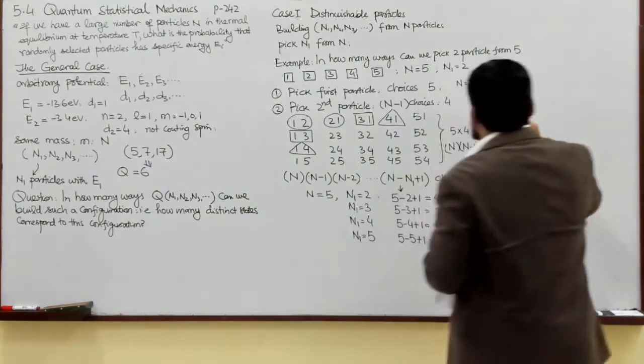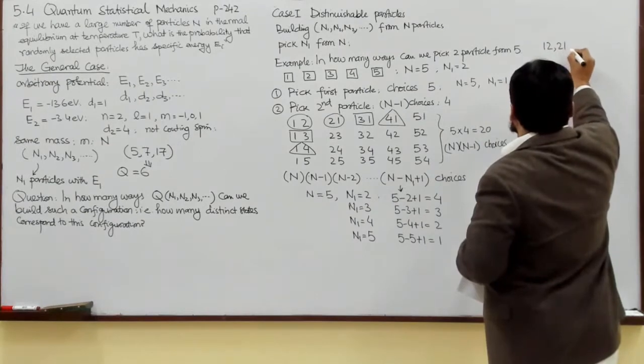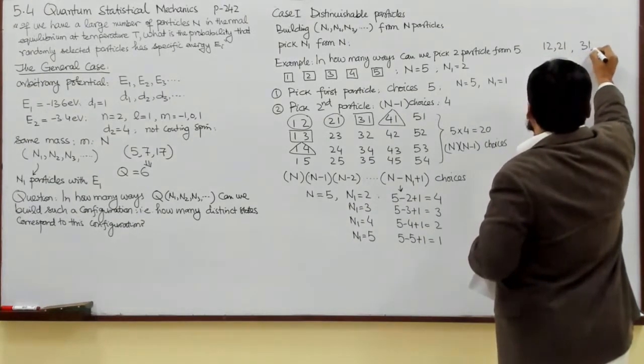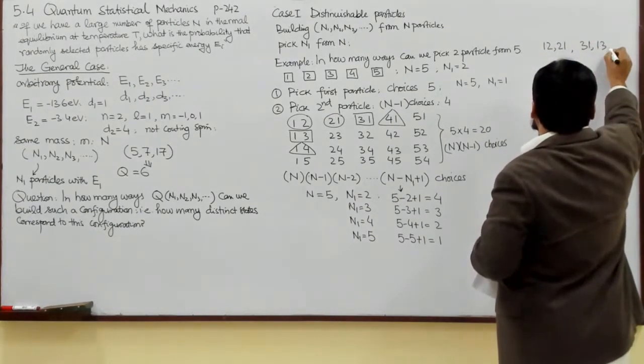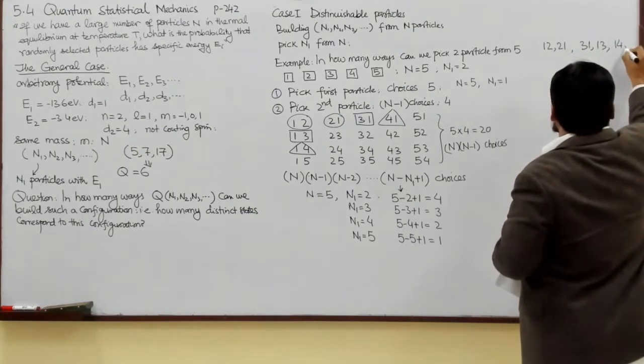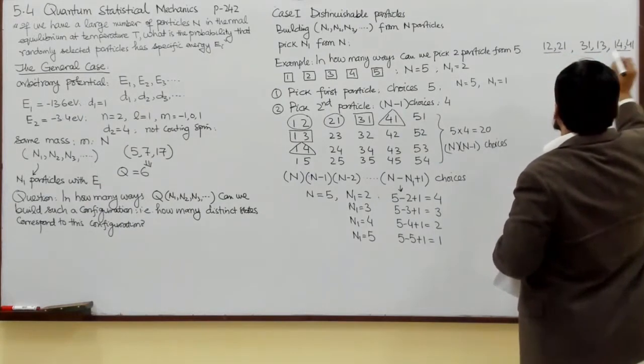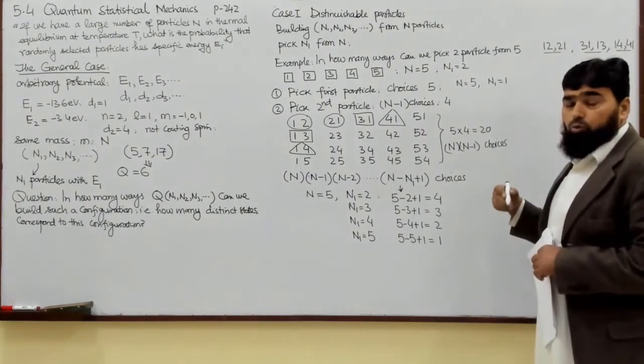So we are having pairs here like 1, 2 and 2, 1, 1, 3 and 3, 1, and similarly 1, 4 and 4, 1. So each of the pair is representing one state,